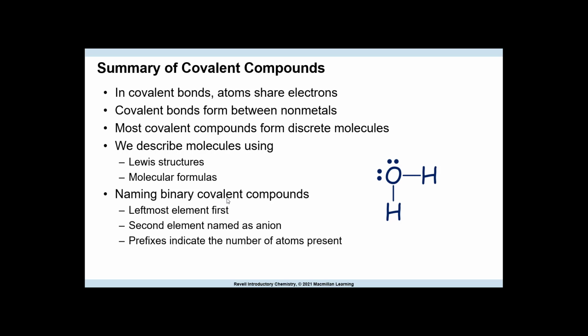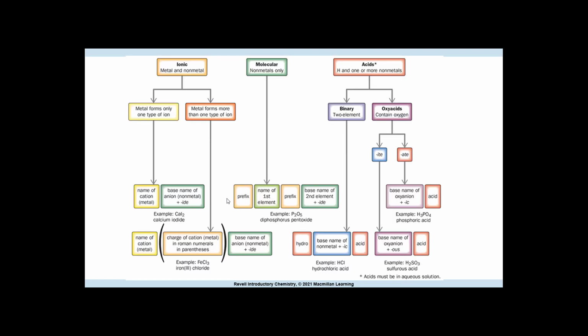That's the one that's closest to metals. The second element is the one that's closest to the noble gases. That's the anion. Prefixes indicate the number of atoms present. That is a big difference from naming ionics. We do not do that. And this is a chart from one of my other books. So now we've covered ionic and molecular. We are going to learn later about naming